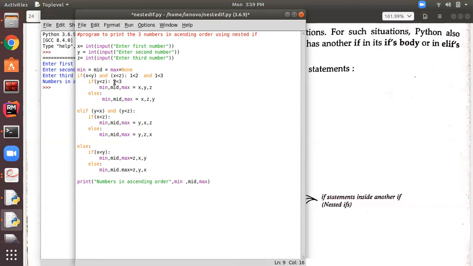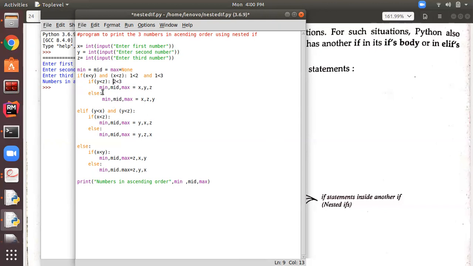So here I am doing a rough execution of the program. 2 is less than 3, so this is true. So minimum will be 1, mid will be y, and maximum will be the value of z, that is 1, 2, 3, and it will skip the rest of the part.